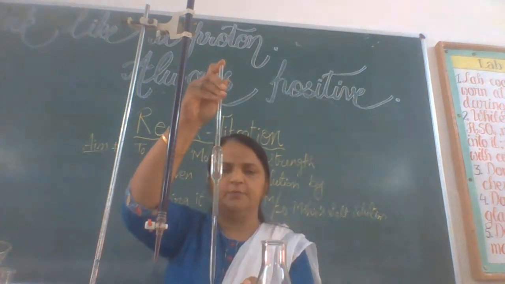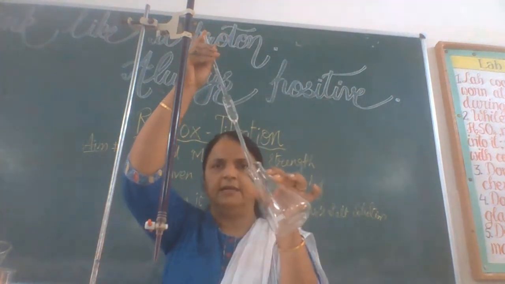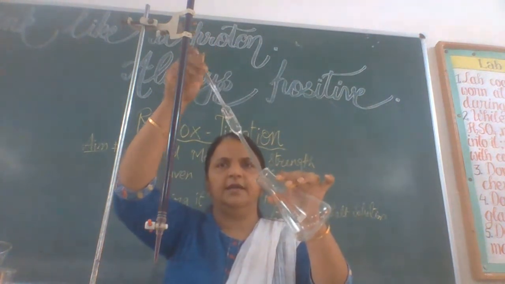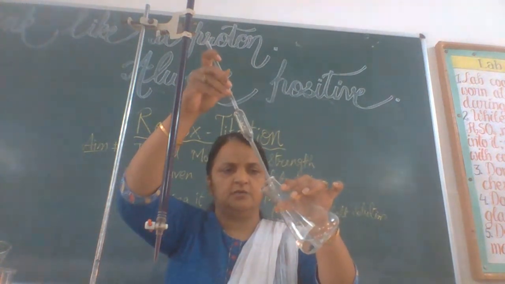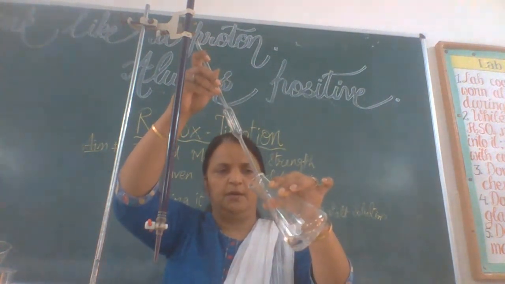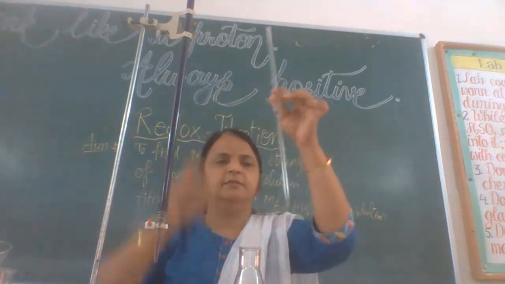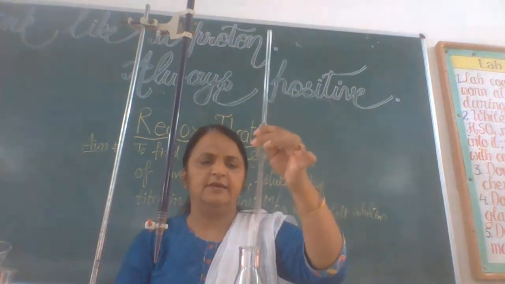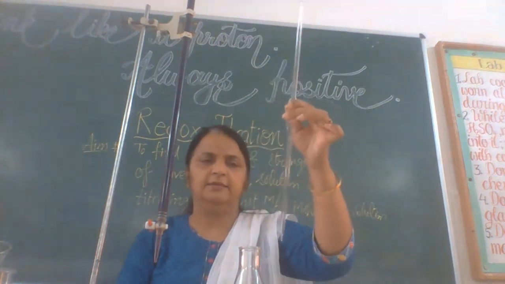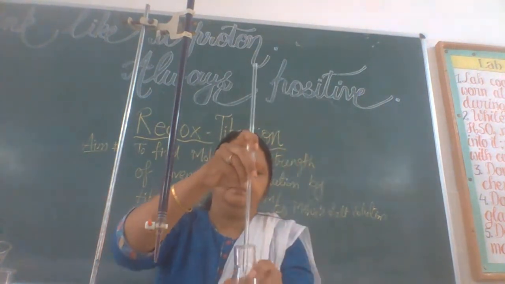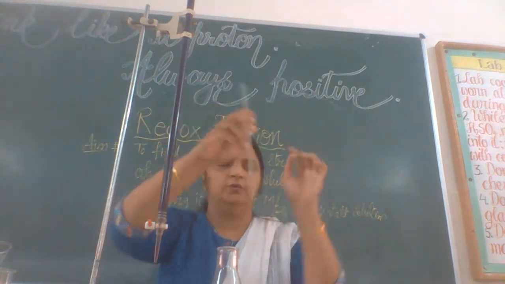So now it is up to the mark, and now we slightly put it into this titration flask, and we can take it out in this flask. And as soon as the solution is taken in this flask, you can see one drop is still left in this pipette, but this is actually a volume which is otherwise left, and it is extra volume. You need not take it out by any other method. You just simply give a jerk to this pipette and it will be out. If something is left, no need to remove it.